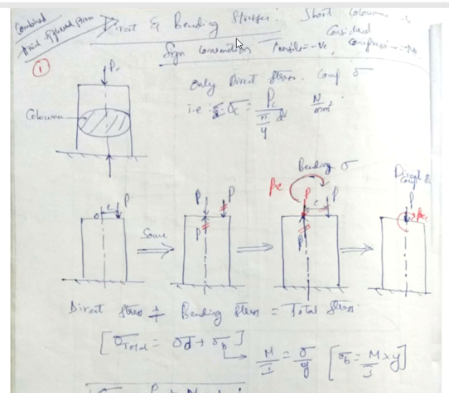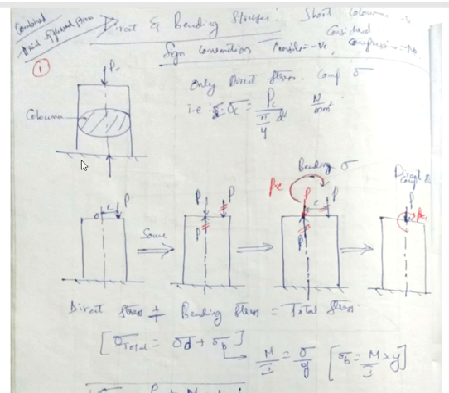And one more important thing you need to understand, only in this unit we are taking sign convention for tensile force as negative and sign convention for compressive force as positive. Once again I repeat, tensile force we are taking sign convention as negative, and compressive stress we are taking sign convention as positive. There is a reason for doing that, but we'll see that afterwards. First we'll try to understand the concept. Once we understand the concept, then solving the problems is very simple for this bit of the unit.